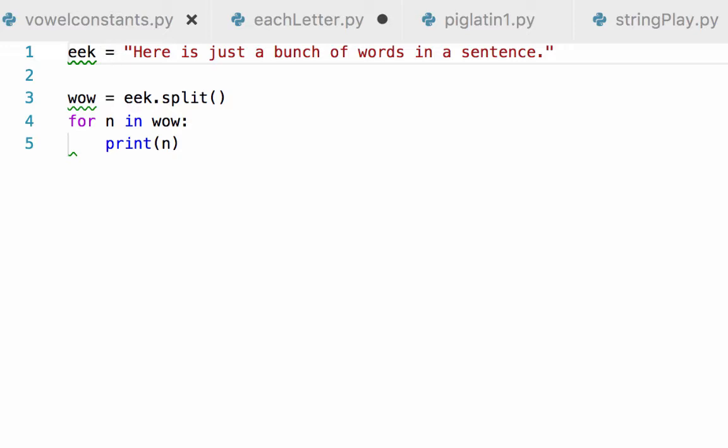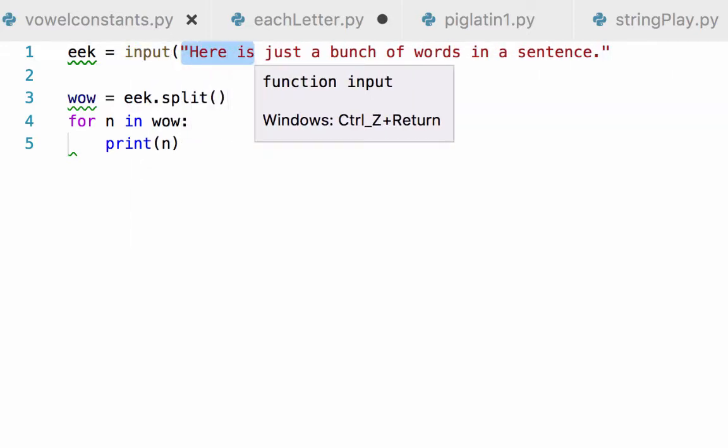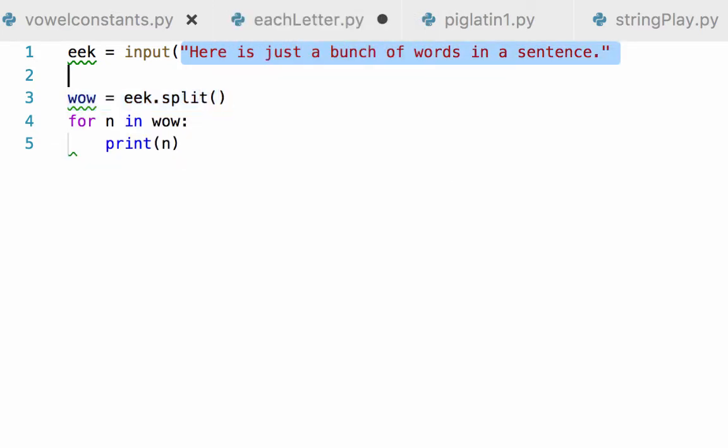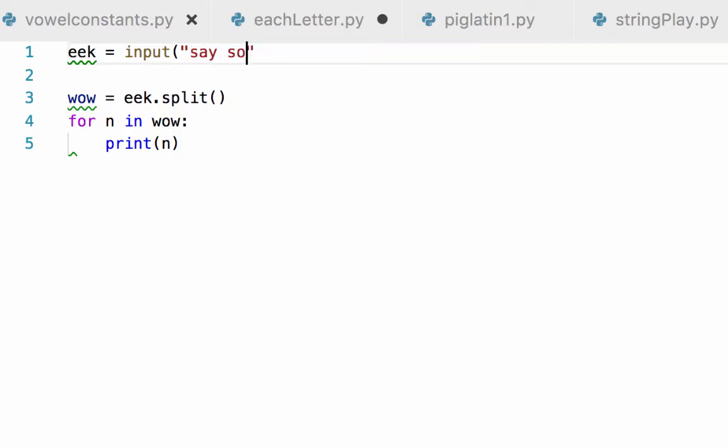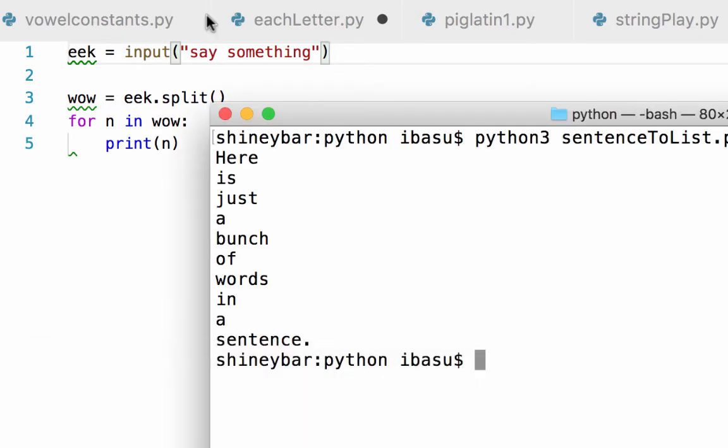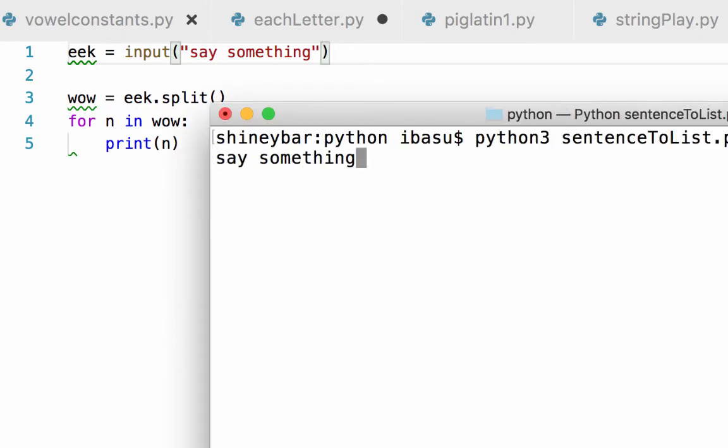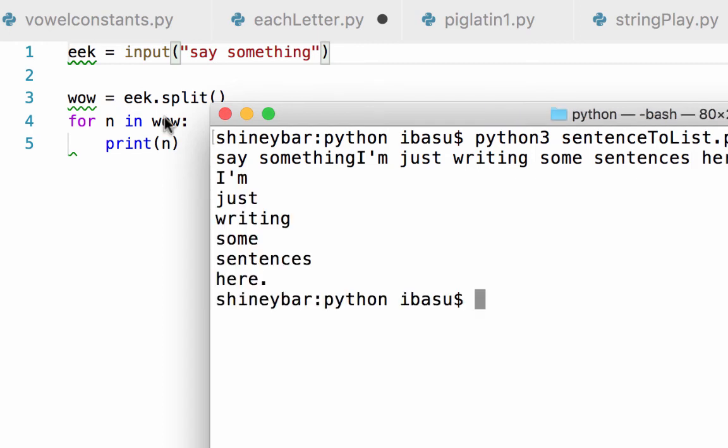Eek equals input, say something, and now we run this one. Say something, I'm just writing some sentences here. Well, it's just one sentence, and then they go, I've created an input